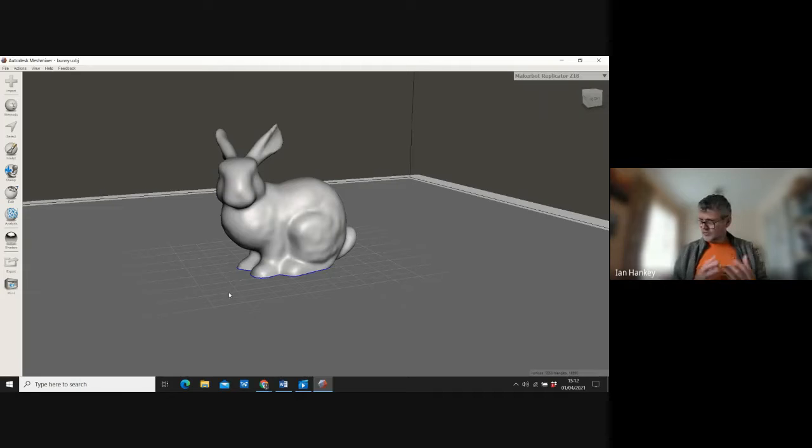Now with Fusion 360, and with a lot of CAD systems, it's very nuts and bolts. It's very mathematical, where you put in numbers and lines and so on. This is more like sculpture. This is a little bit more like a piece of clay in front of us that we can manipulate in certain ways. So what I'm going to do, and you can follow me, I'm going to go to Sculpt,